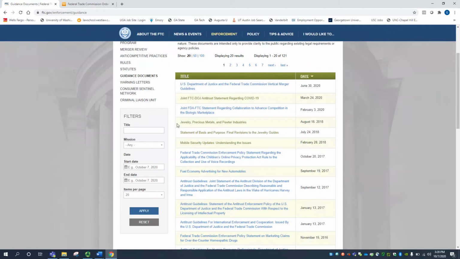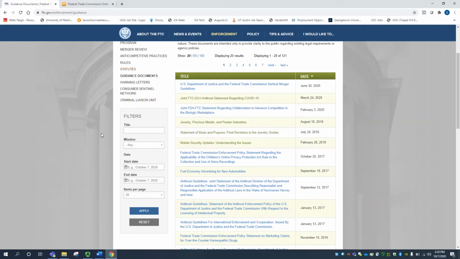And we can see here on our sidebar that we do have some limited ability to search through these guidance documents, but it's not going to be anywhere near as powerful as what you're accustomed to from using Westlaw or Lexis. However, a lot of these are only going to be available on this agency website and might not be available on those platforms. Now, guidance is an interesting category because it can encompass a very wide range of materials. And a lot of the guidance will be about how the FTC interprets its enabling statutes and the various regulations that it has promulgated.